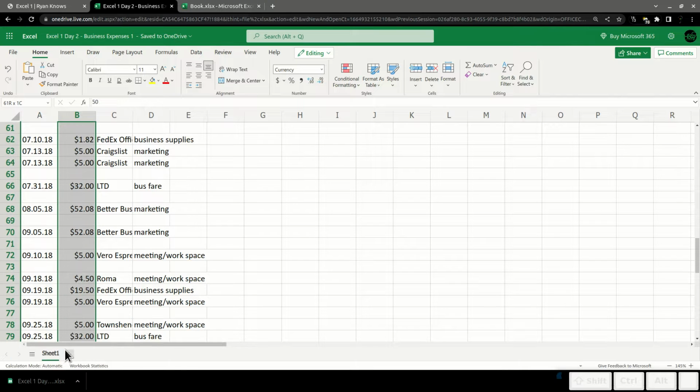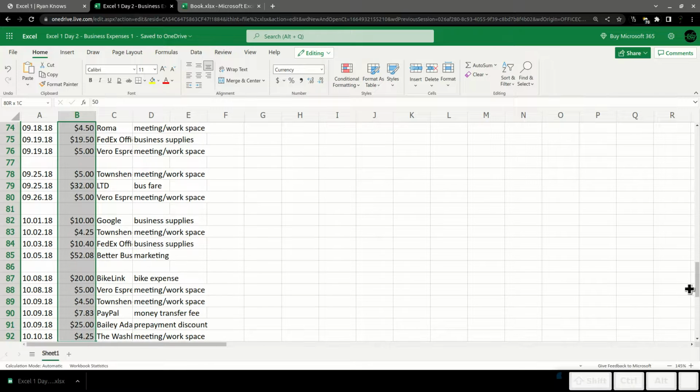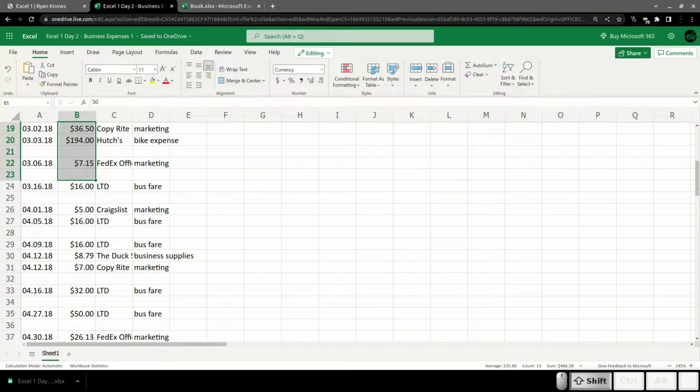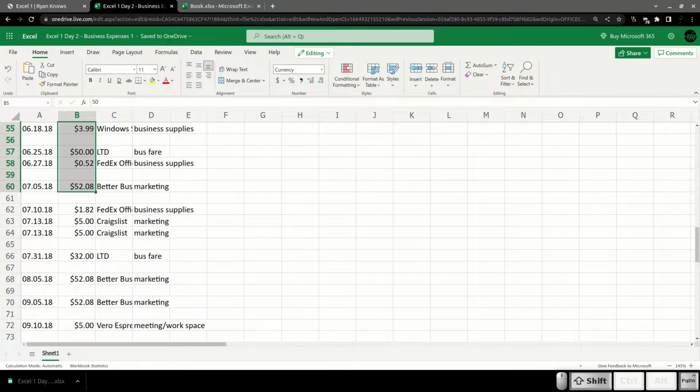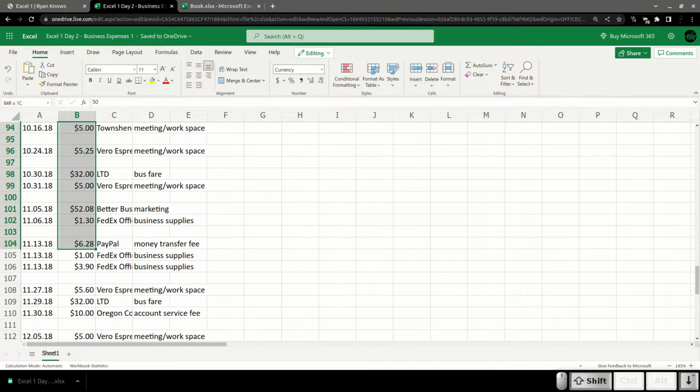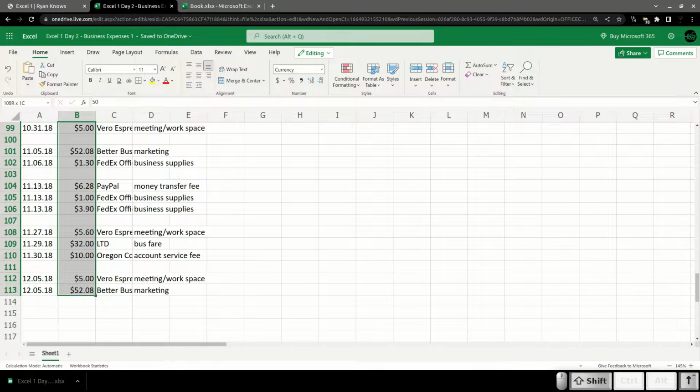So I'm just dragging and it's scrolling for me. I can select them that way. What you can also do is click on the box, hold down Shift and hit page down, or the down arrow. Page down is going to scroll further, or you can just hold the down arrow, and it will select those automatically as you go. And boom. So that's the whole range that I want here.